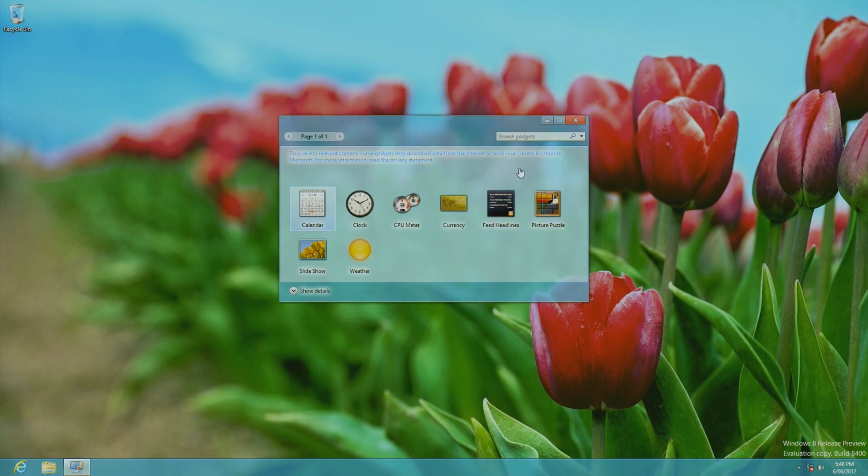This version of Windows 8 also had a statement in the gadgets section that said, to give you more relevant content, some gadgets may download data from the internet or send your current location to Microsoft. For more information, read the privacy statement. However, in the final version of Windows 8, gadgets were removed due to privacy reasons and bug reasons. Ironically, this statement literally said why gadgets were going to be